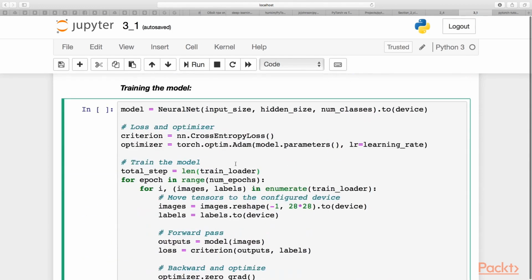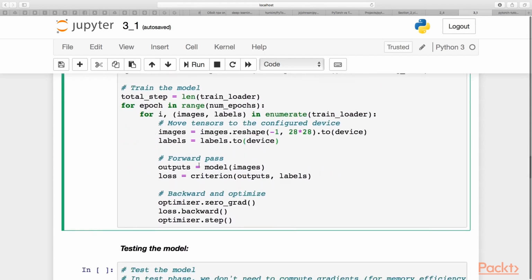Then we start to train the model. We have several epochs for it, and for each one we just do the following. We are taking our images, reshaping them, working with labels for them. We are transmitting the images and labels to the device, and then we do the forward pass and count the loss for it, and then we do the backward pass. Of course, we do not forget about zeroing the gradients. And then we do backward and one step for our optimizer.